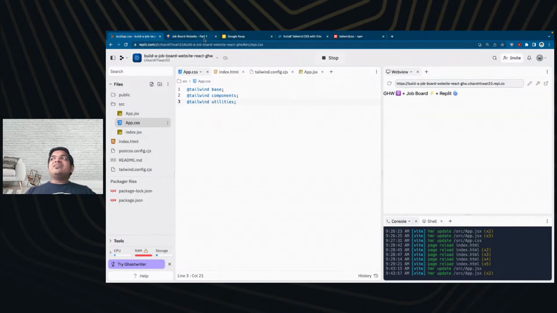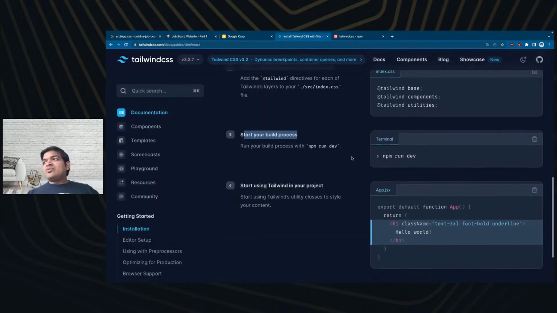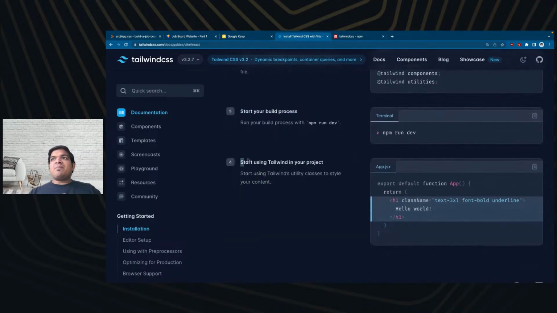Once you have done that, just look at the output. It has changed. The font has changed. If you have a very good eye, and I don't mean it in any way, you'll understand that the font has changed. Okay, that's what happens. You added Tailwind, and this is what changed. Also, now that we go back to Tailwind, the part 6, which is the best part, start using Tailwind in